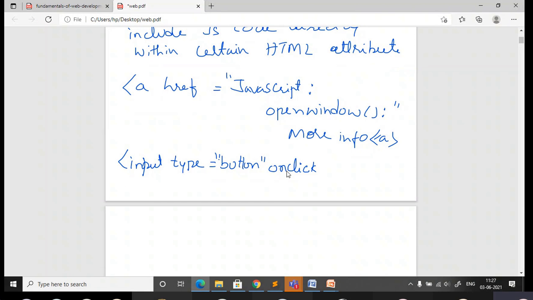If there is an event called on click, it has to alert the user using the alert function. So give some message: are you sure? Okay, close the single quote, close this, close the double quote, and close the input tag. Okay, so this is how, along with the HTML elements, as an attribute you can add the JavaScript.